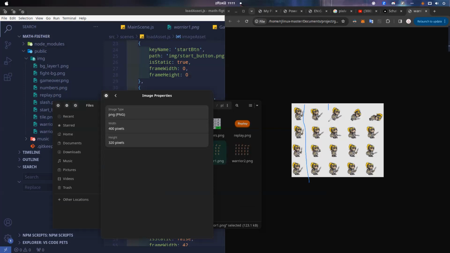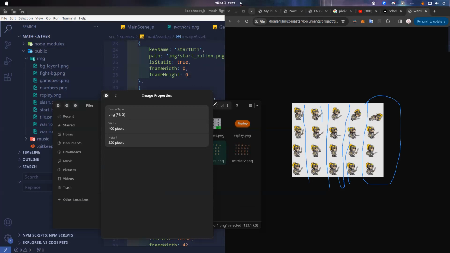If you do not use the proper number, it will glitch because you include this space. That's why you have to use the right number.